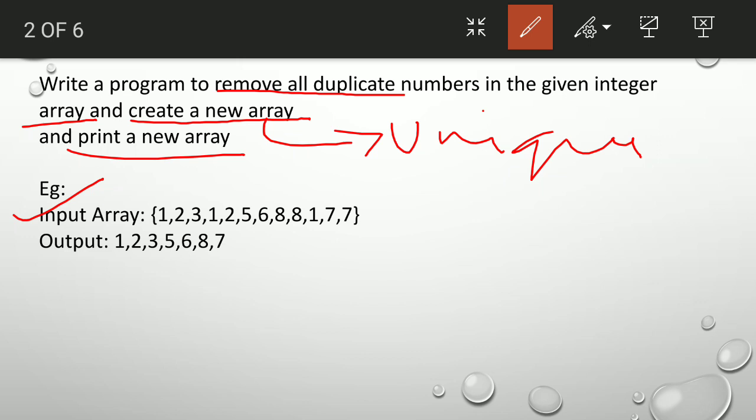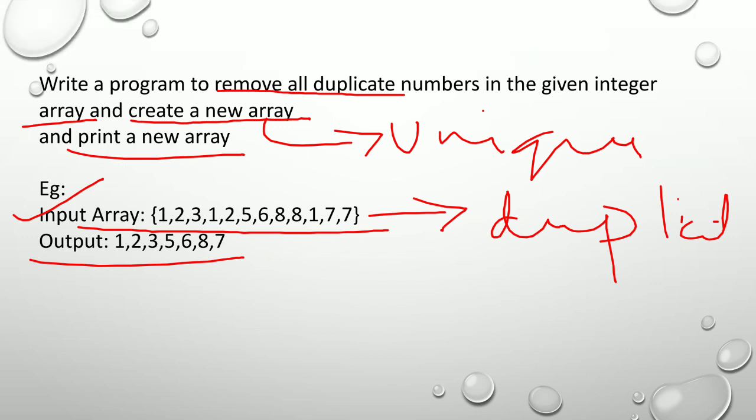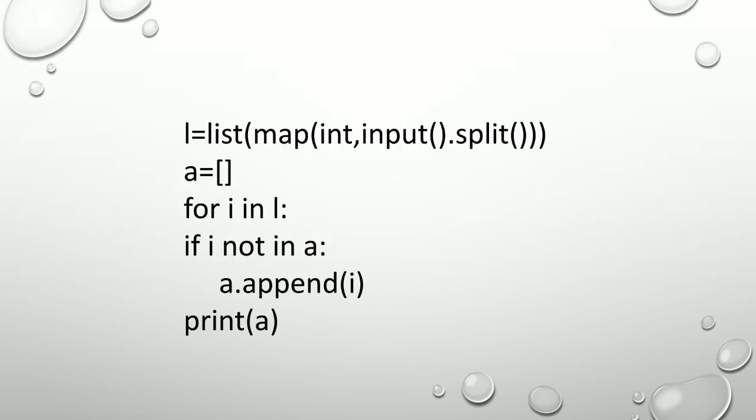That's it. I think I previously also explained this question, might or might not, but I will explain it here as well. So this is the input array we have been given. In this there are many duplicate elements. So this is an array containing duplicate elements. We need to print the array which contains only the unique elements and no duplicates. So what will be our program?